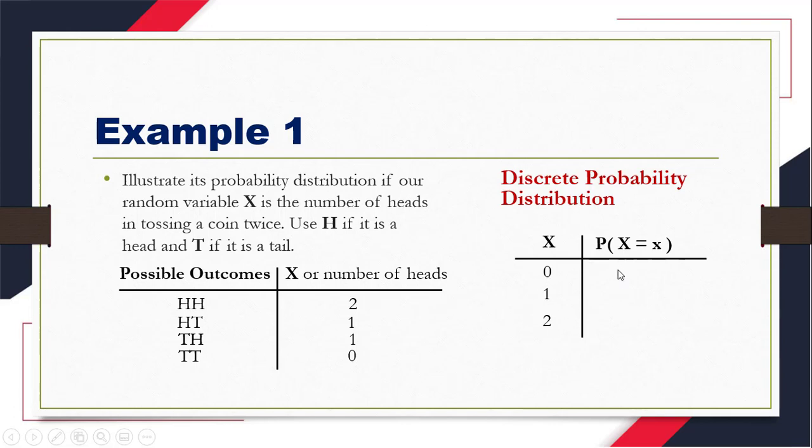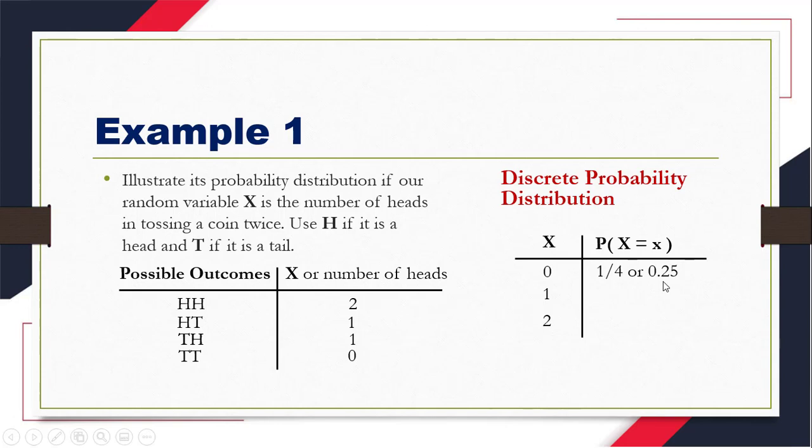Now, to determine the probability if X is equal to 0, we need to count the number of zeros here. Since we only have one 0 out of 4, the probability that X is equal to 0 is 1 over 4,